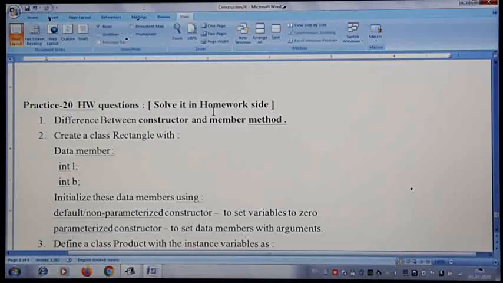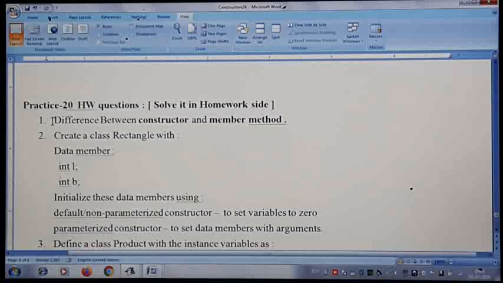And for the last chapter, I hope by this time you got the notes, so start writing in your new classwork. Arrays and functions, what has to be done, I will tell you at a later stage. For now, start with class and object in the new classwork. And on the homework side, any questions you get, write on the homework side. So this is the practice 20 questions.